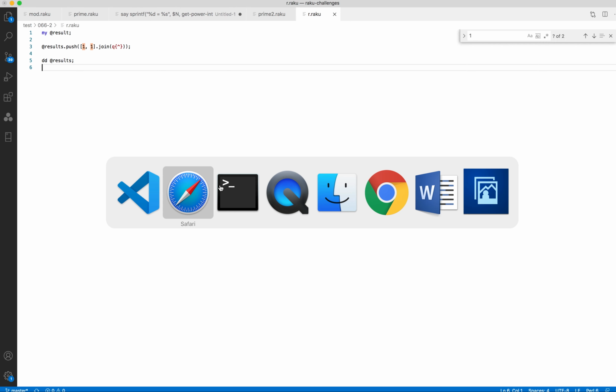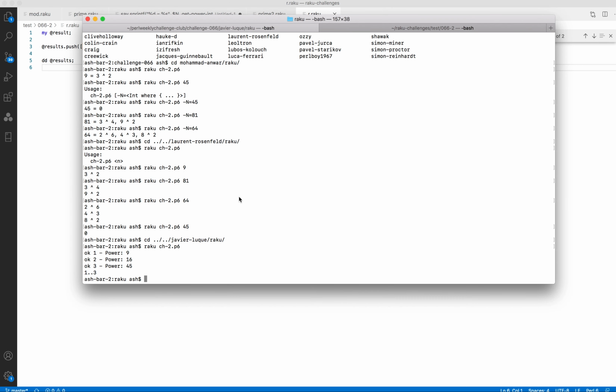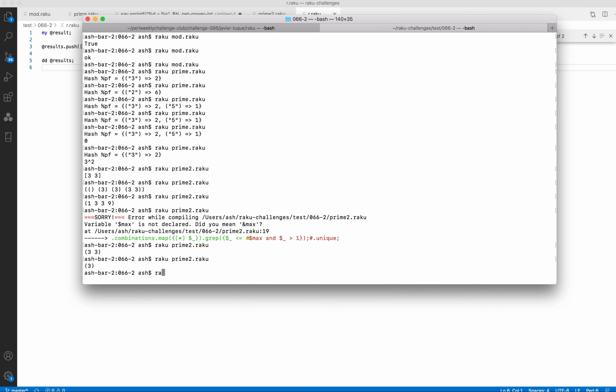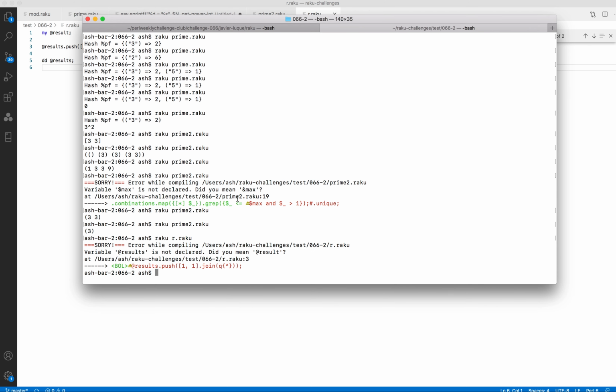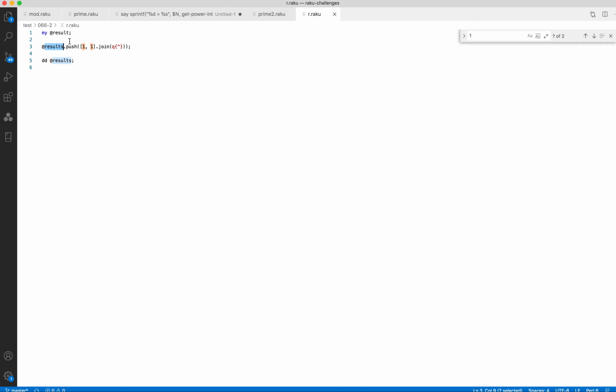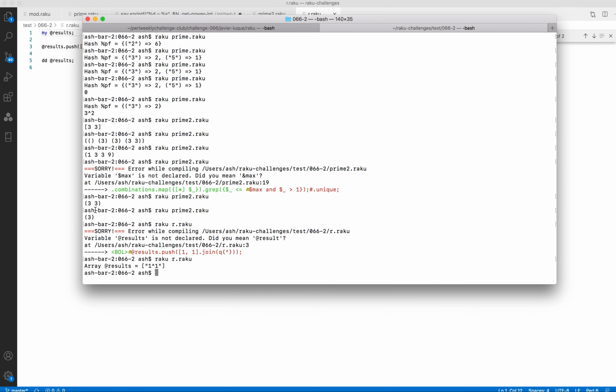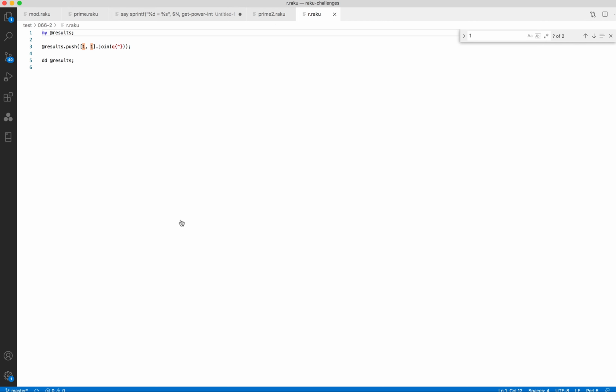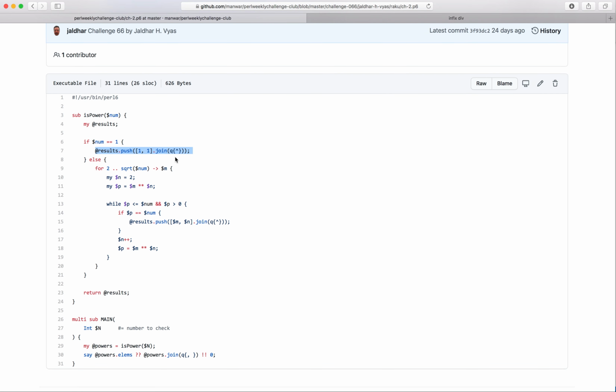Raku, so this file I will not keep for Raku R. Results. Yeah, so it's basically just a string, so I don't understand why we need to compute this if it's only a constant. Okay, then if the number is bigger than 1, then again from 2 up to the square root